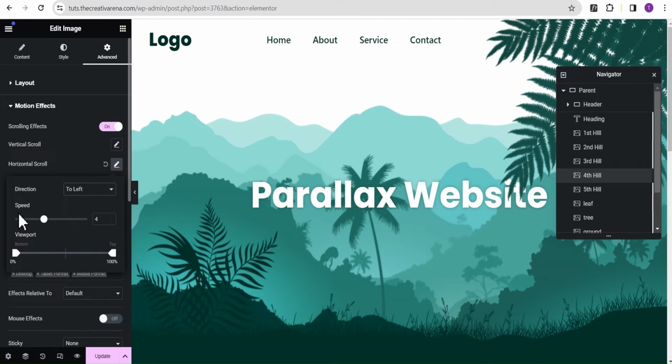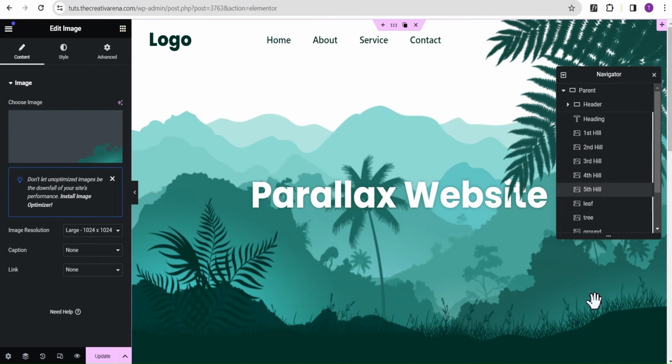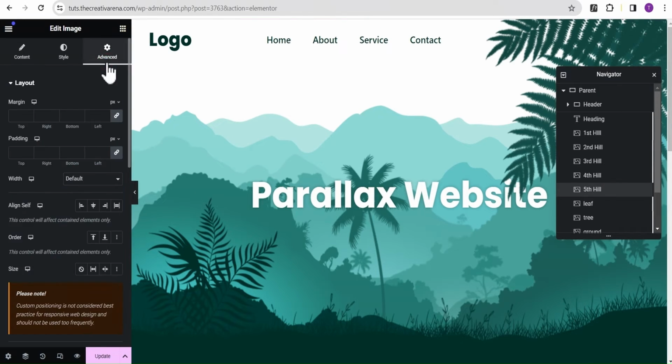That's to the left. And then for the speed, we're going to give it the highest speed, which is 10. And then for the viewport, we're going to leave it at default. Okay, so after that, we're going to head to the fifth hill. For the fifth hill, which is somewhere here, we're going to go to the advanced settings just like we've been